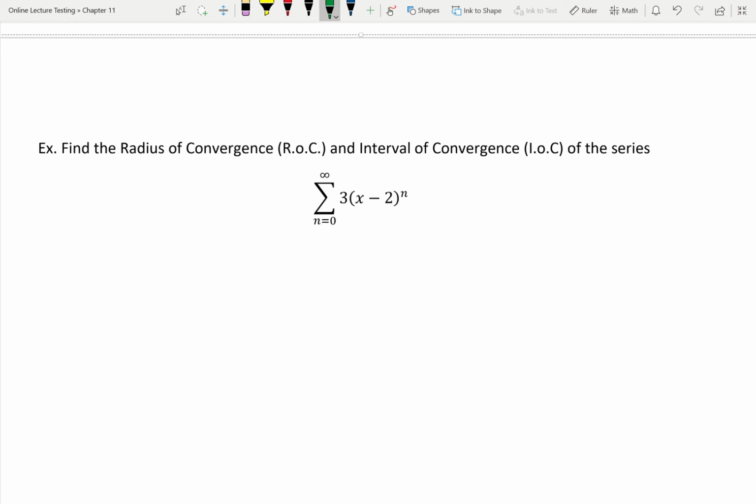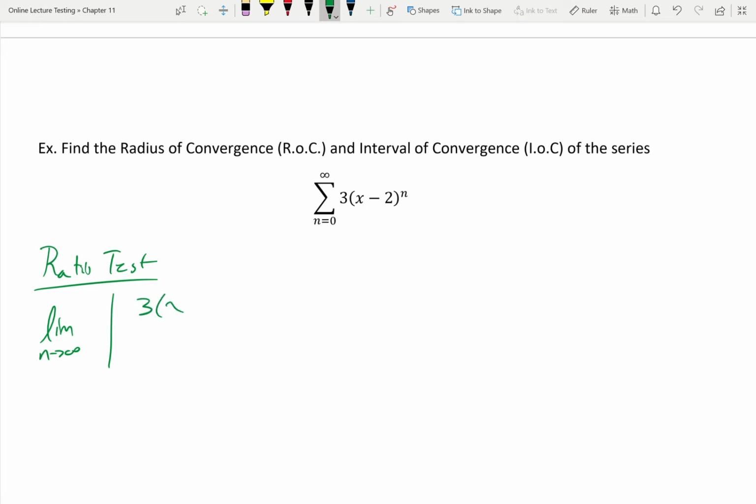So we're going to take the ratio test. You're going to take the limit as n approaches infinity of the absolute value of (3(x minus 2))^(n+1) divided by (3(x minus 2))^n. All right, seeing things cancel out, we're going to get